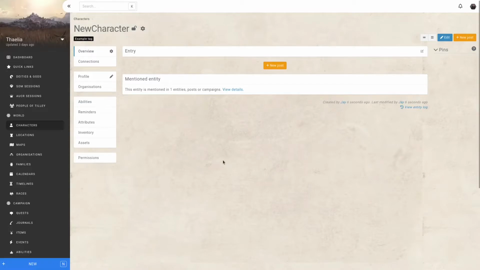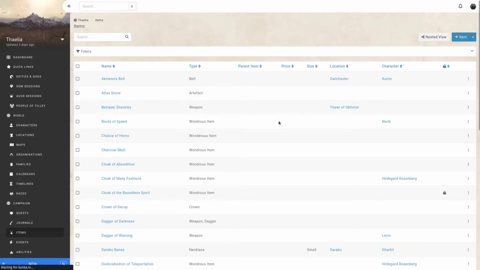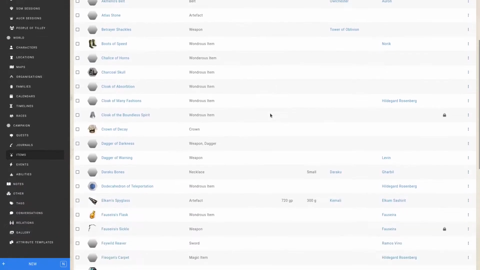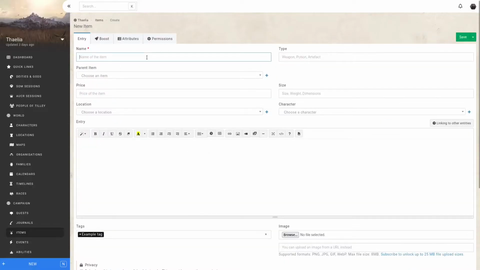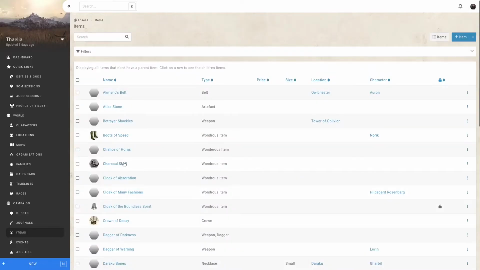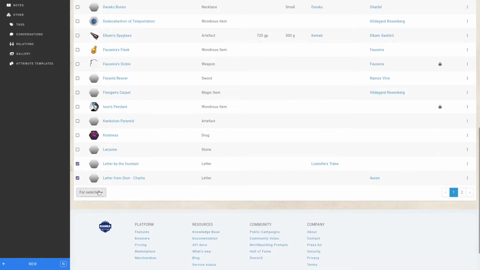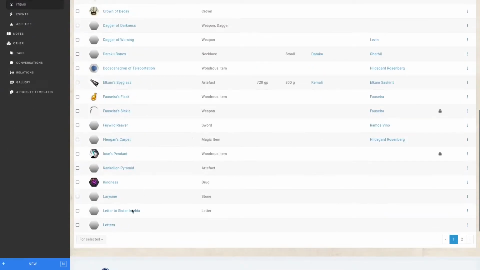The third big feature released with 1.31 is that items now get a parent field. They become nested. So for example, if you, like me, end up with quite a few items, you can now create a new container, for example, letters. And I will simply save, go back to my items, and I have a few letters I've given out to my players over the years. So I'll just go and edit them and put them in this parent item. So now my letters, well, there's one more, but they are now nested properly in letters,